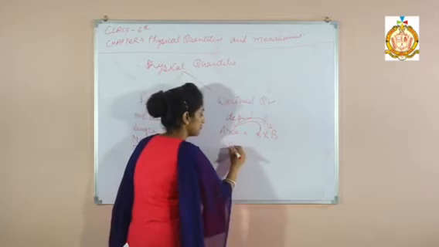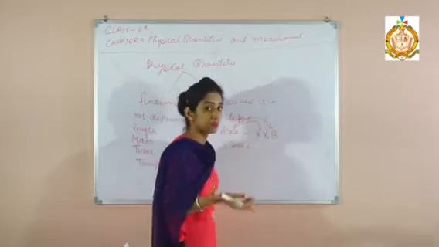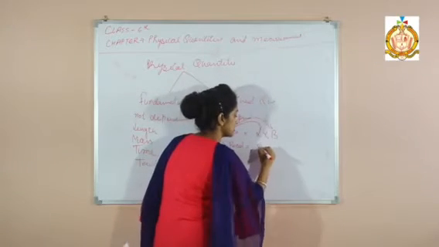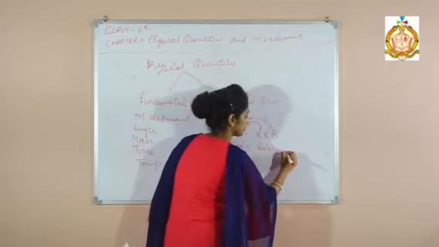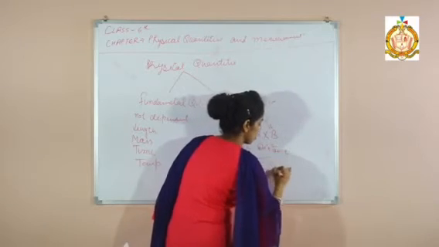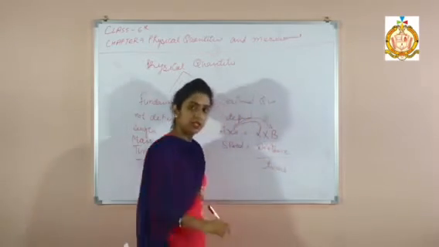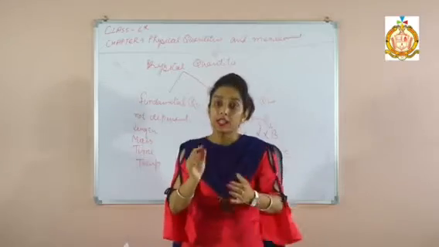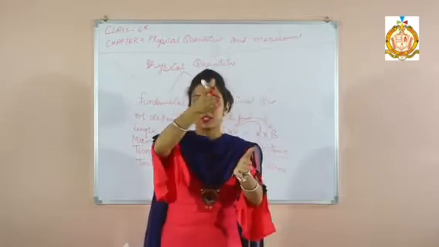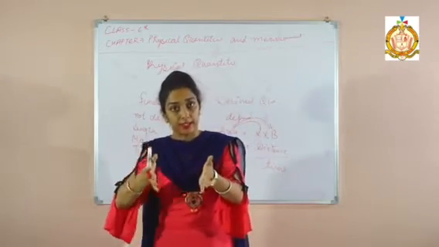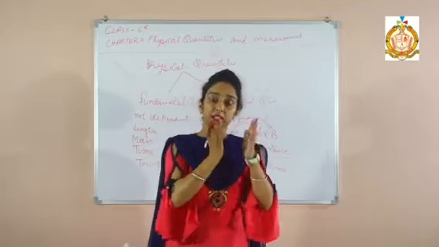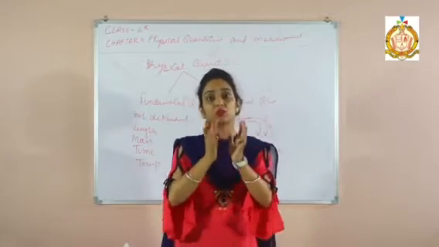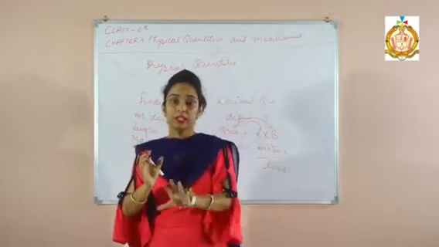Like speed. If we want to measure the speed, then it is distance over time, right? That is distance over time. So speed depends upon distance and time. We can find the speed only when we have a distance and a time.